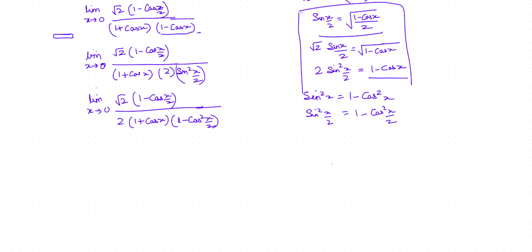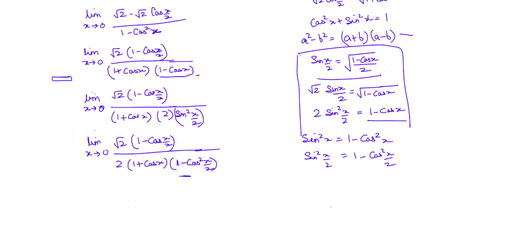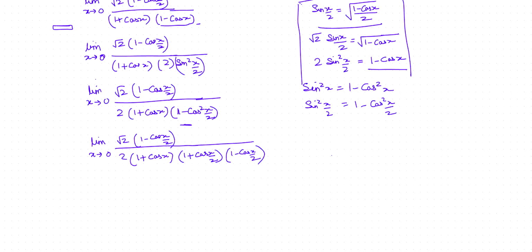Same as a square minus b square is a plus b and a minus b. So here we wrote this as 1 plus cos x by 2 and 1 minus cos x by 2. Okay. Now this and this will cancel off. Okay. So now what we are having is